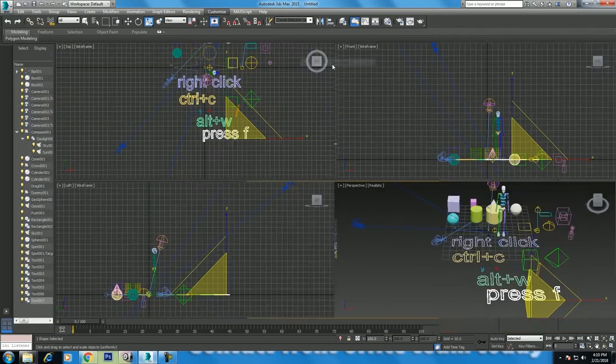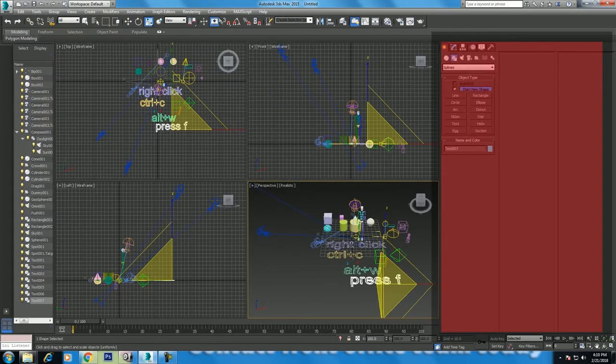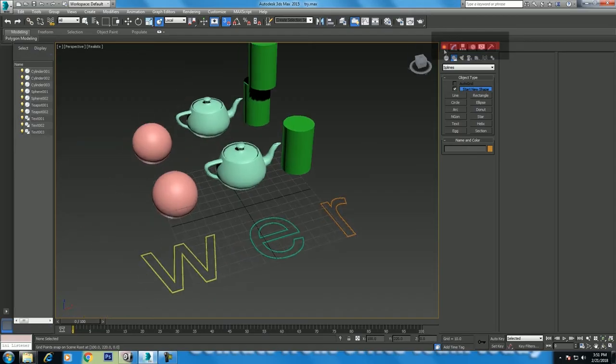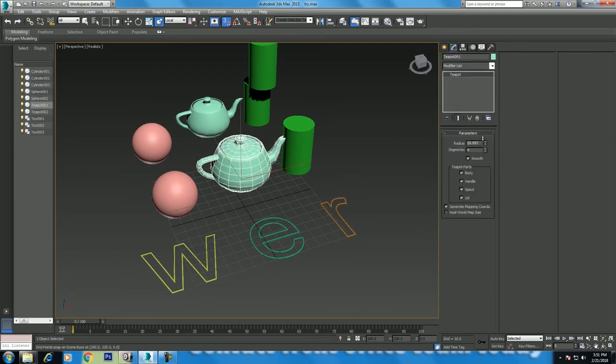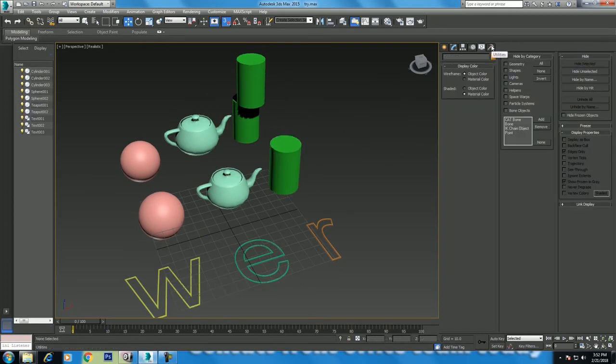The right hand side of the screen features the command panels. You will spend a great deal of time there, as this is where you can access most of 3ds Max functionality. In fact, many of the commands found in the pull down menus and modeling ribbon are also in the command panels. There are 6 command panels in all: Create, Modify, Hierarchy, Motion, Display, and Utilities.